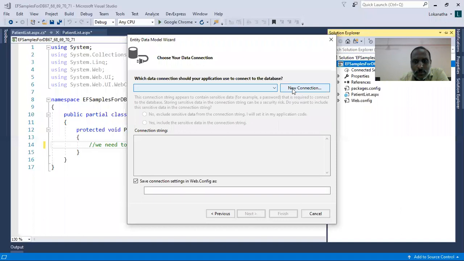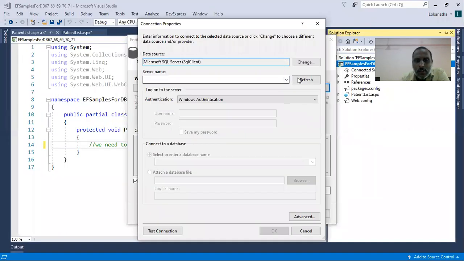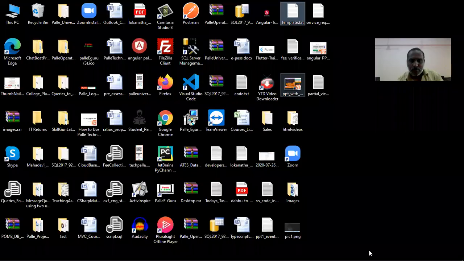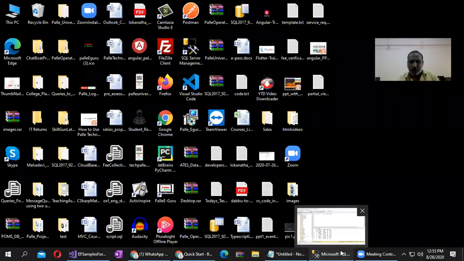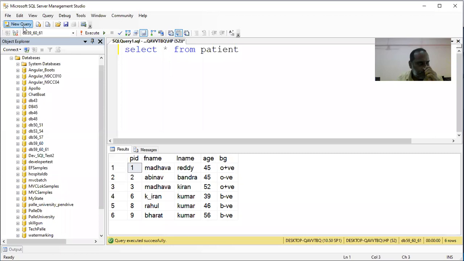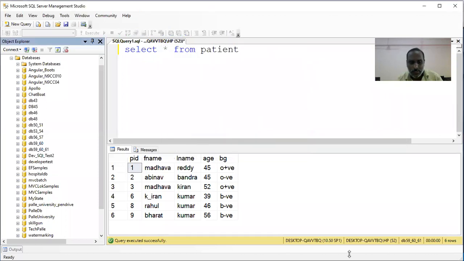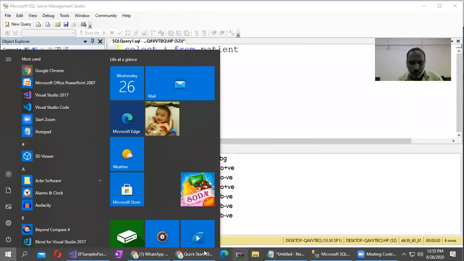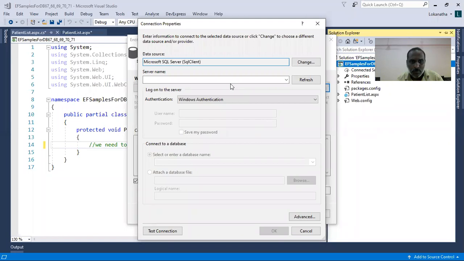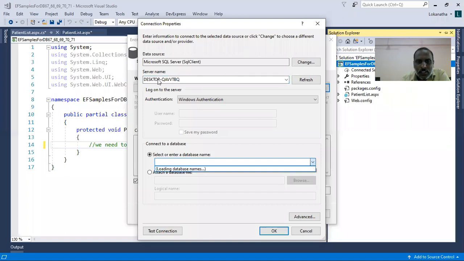Now you have to create a new connection here. Click on new connection. You give your server name. Sorry. Server name is this one, Desktop QAVV TVQ in my case. I give the server name and then I select the database name here. In this SQL server, there can be n number of databases.